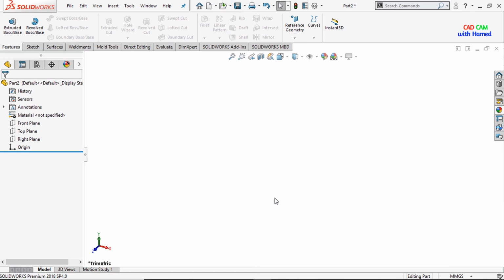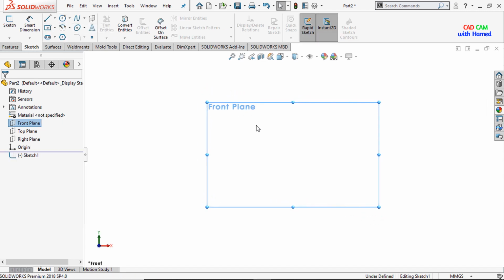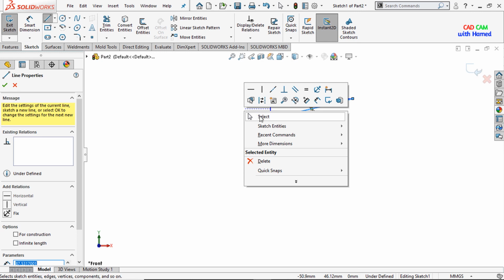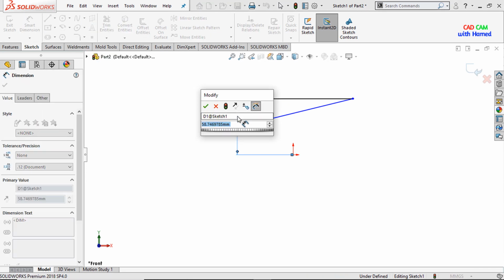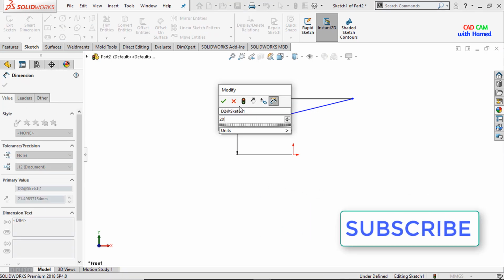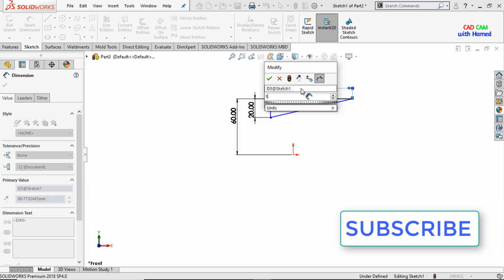Now we will learn about the start conditions in extrude boss base. For this I'm selecting the front plane and make it normal. From sketch I'm selecting the line and draw a sketch here like this, and from here select smart dimensions and select this dimension as 60 mm and this one as 20, this dimension as 100,